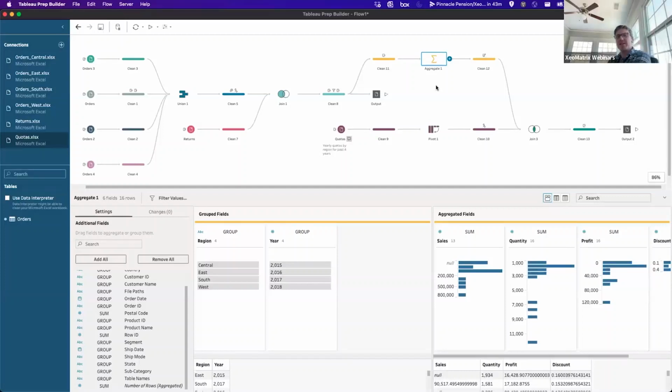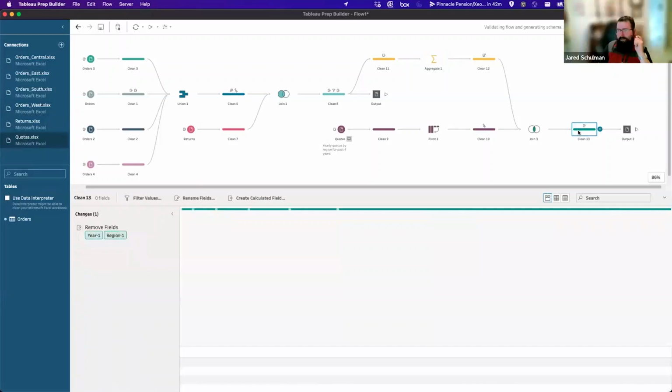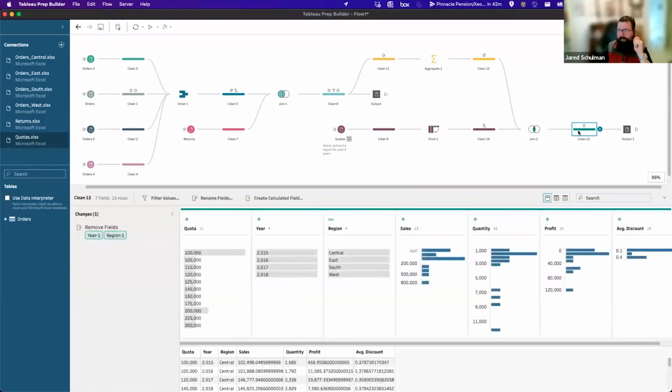Okay, there are a few more I want to make sure we get to. Dina asked, can I see a lineage in Flow? Let's say how and where specific columns from the specific data source are used in the flow. Yeah, that's a great question. I love that because it's a feature that we don't talk a ton about.